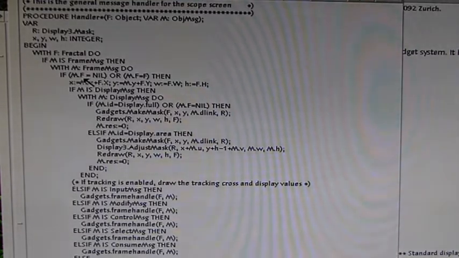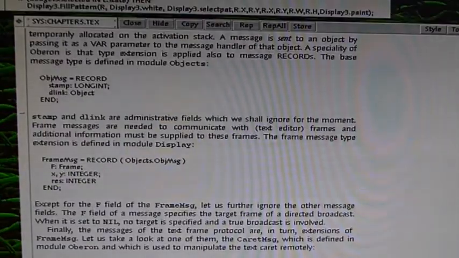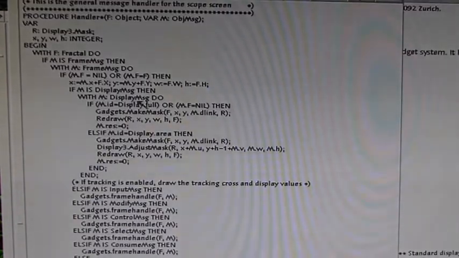This is a field of the object message. M is the object message, F, as you remember, that was in here. This is this F of the frame message type. This is the frame the message is intended for. That means it's our fractal, because our fractal is derived from the type frame. So that means,